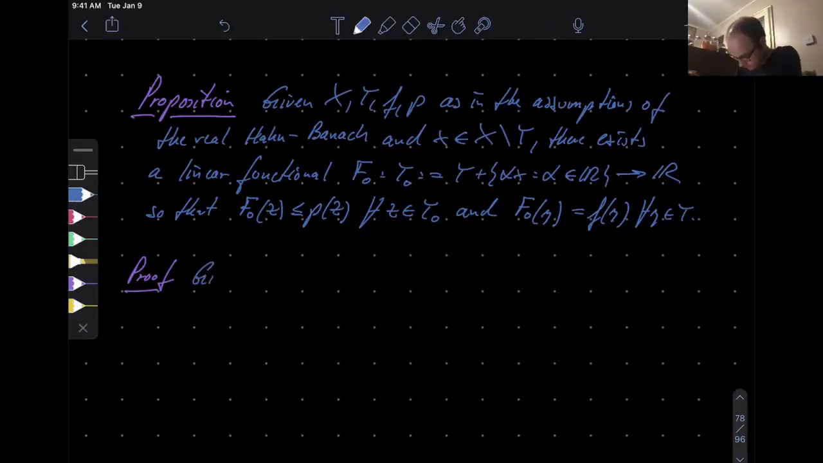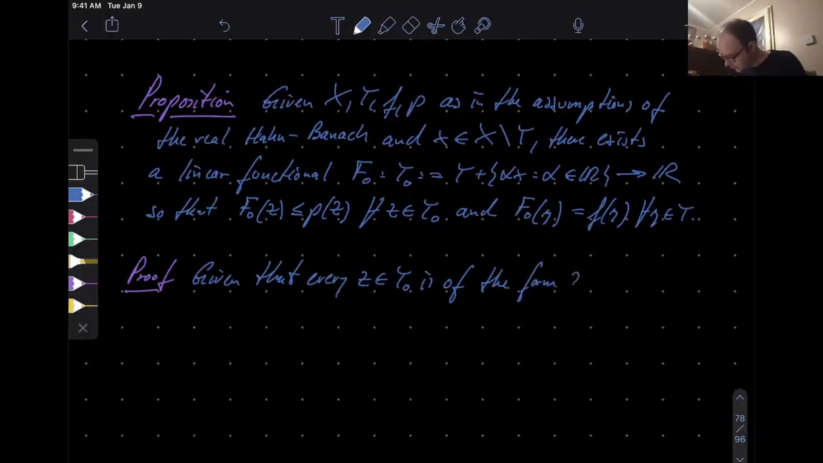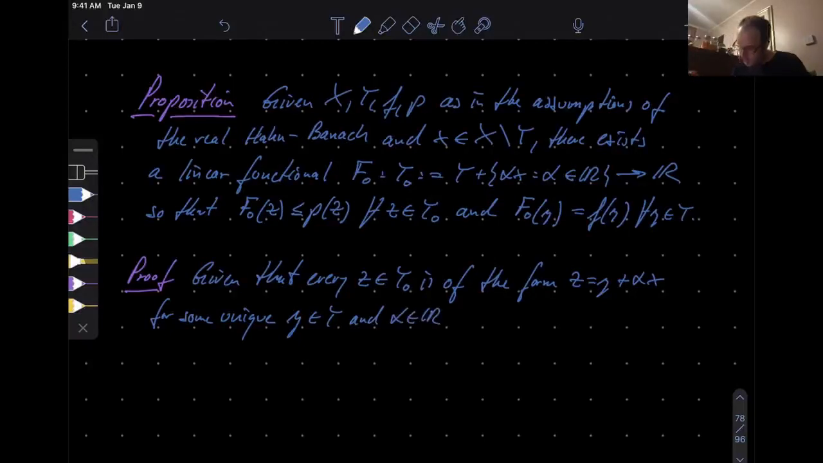Okay, proof. Given that every z in y0 is of the form z is y plus alpha x for some unique y in y and alpha in R. So the question is, why is that true? Well, it's like in the